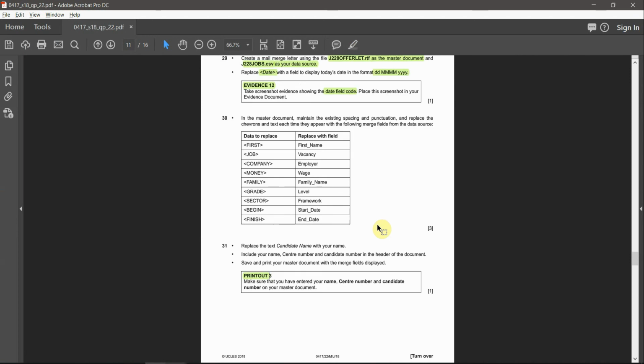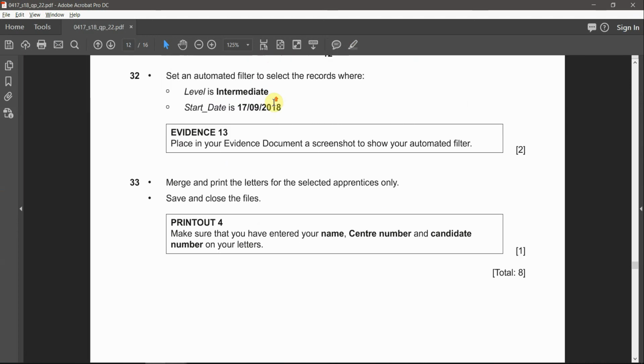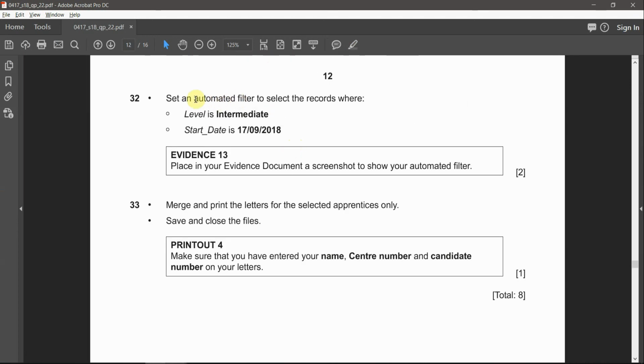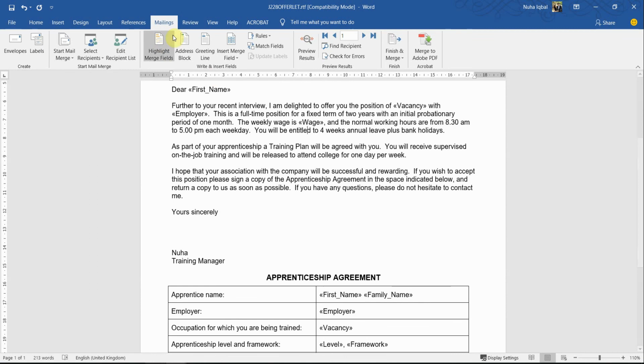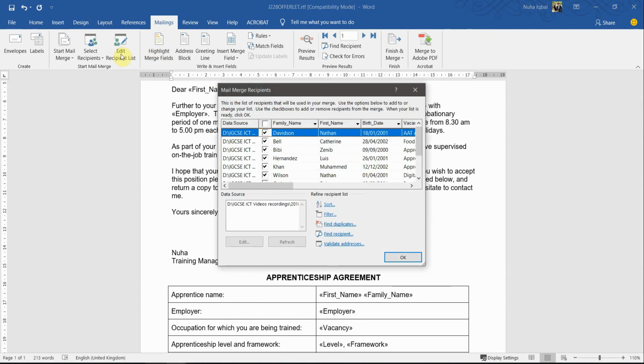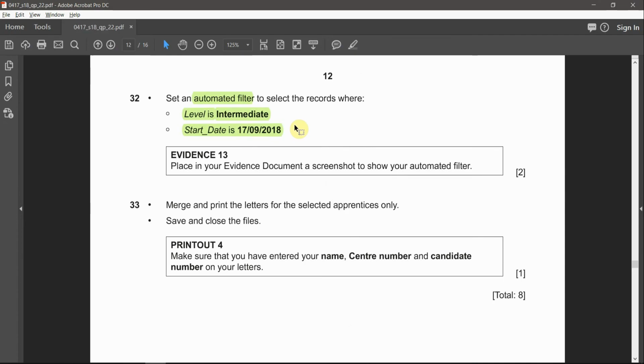After that, question number 32 said an automated filter. We need to do a filter and select the records where level is intermediate and start date is from 17 September 2018. So let's go right now to the mailing section, edit recipient list, and as you can see the filter over here, we have 10 participants here. Let's see, after filtering they are going to be reduced, and we need to put the first filter, which is